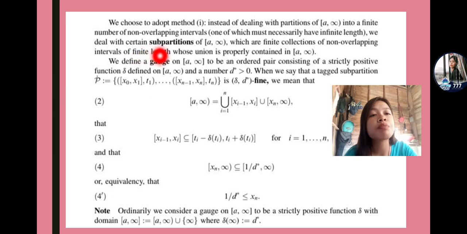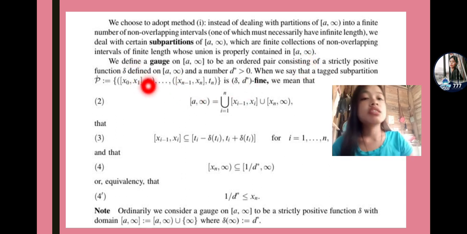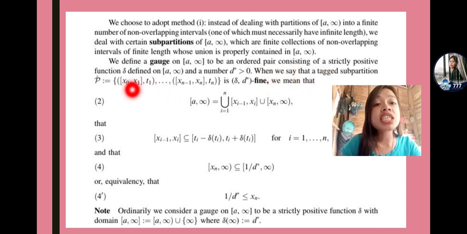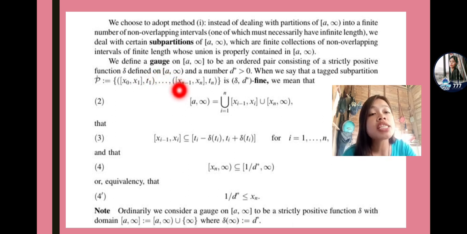We deal with certain subpartitions of an interval [a, positive infinity), which are finite collections of non-overlapping intervals of finite length whose union is properly contained in the interval [a, positive infinity). We define a gauge on an interval [a, positive infinity) to be an ordered pair consisting of a strictly positive function delta defined on the interval [a, positive infinity) and a number d*